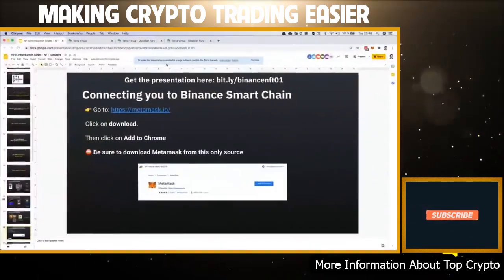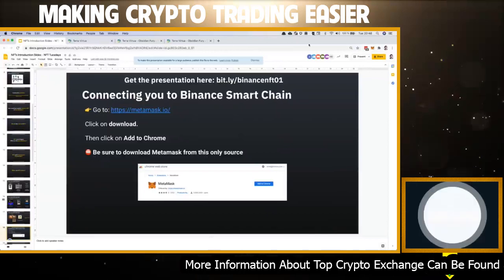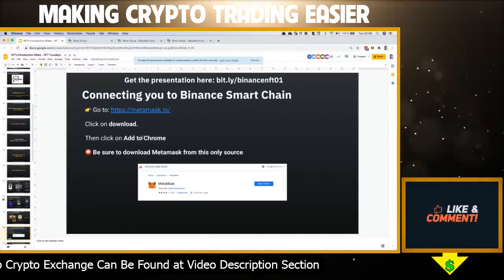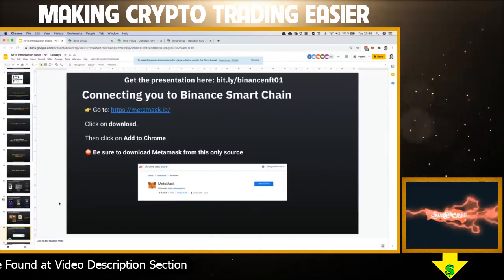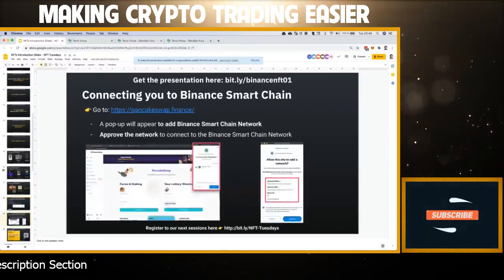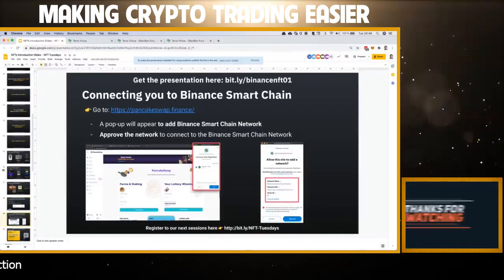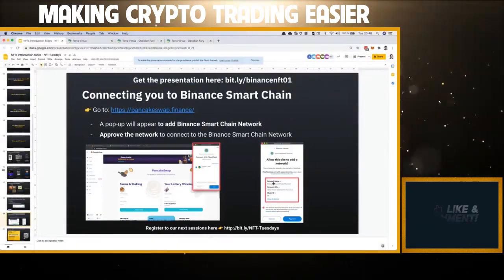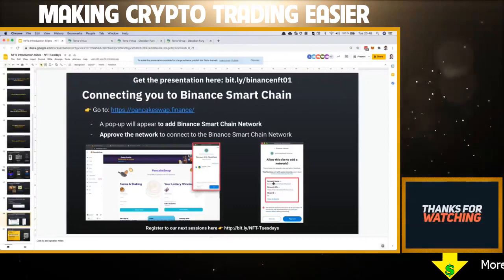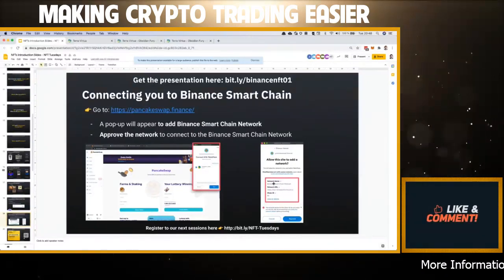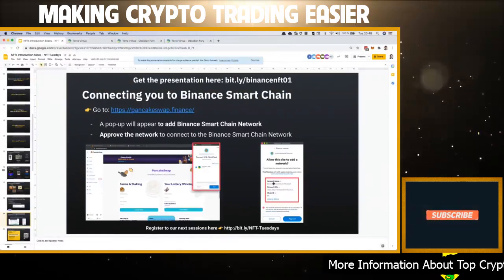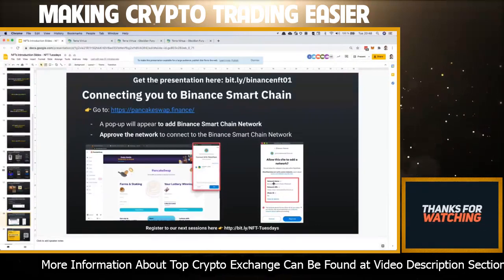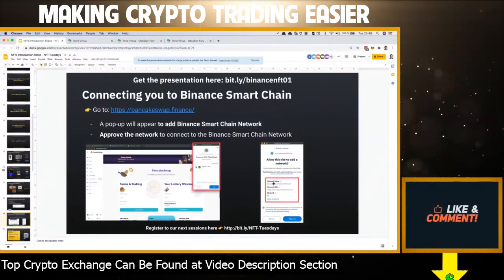So I'm gonna get out of the full screen just to show you one small trick. Once you have set up MetaMask, you're gonna need to set up Binance Smart Chain network. And so in order to do it really simply, you can come to PancakeSwap, for example, and just by allowing BSC mainnet that you're going to see here, you're going to be able directly to be connected to Binance Smart Chain and to go. There is multiple tutorial on how to do this. Sometimes you have to put the information yourself, but this is really the most simple and the most in 5 minutes type of way in order to begin inside of it.